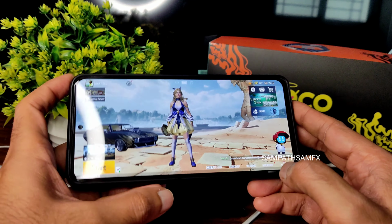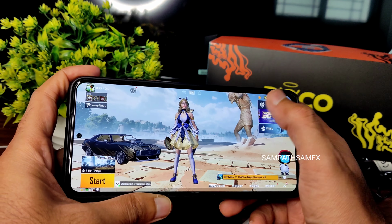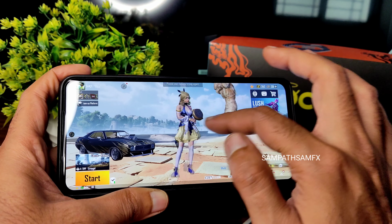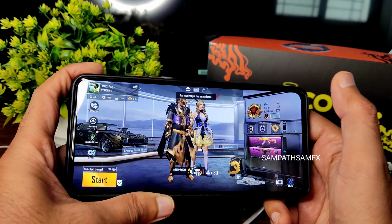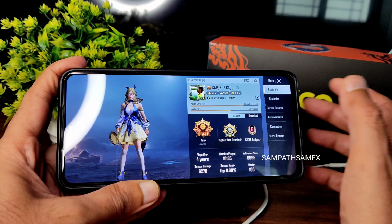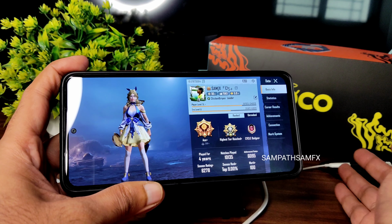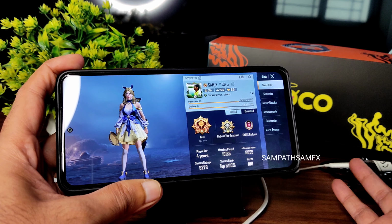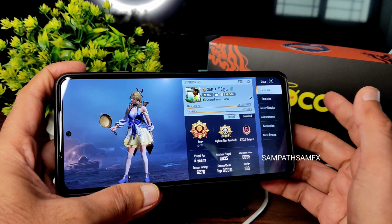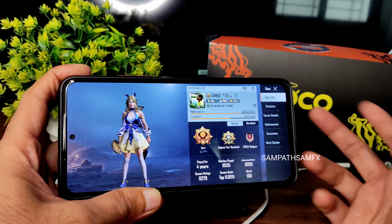And one more positive, I mean pro, in this particular ROM is definitely the performance. You can see here, if I go into my settings, as you can see, now I am in ACE. You can see here I'm moving into ACE Master Edition also. I haven't played the game for the last couple of months or a year maybe. Yeah, more than a year I haven't played. Just after this ROM flashing, I tried to play this game and became addicted,